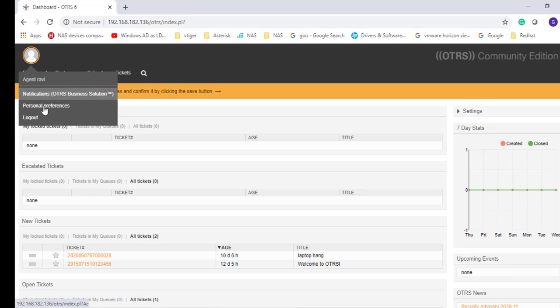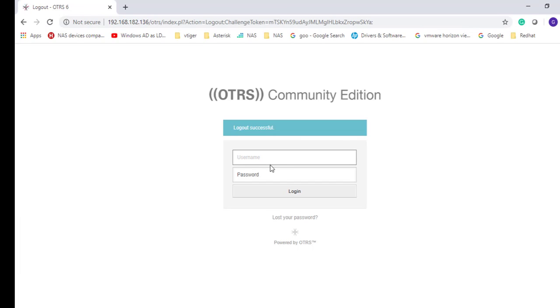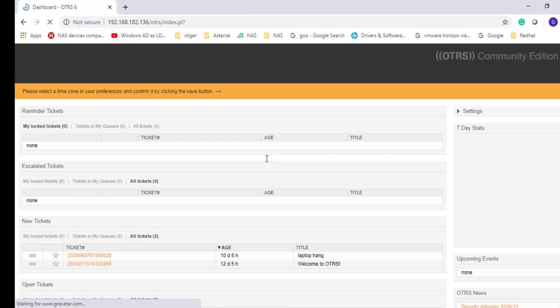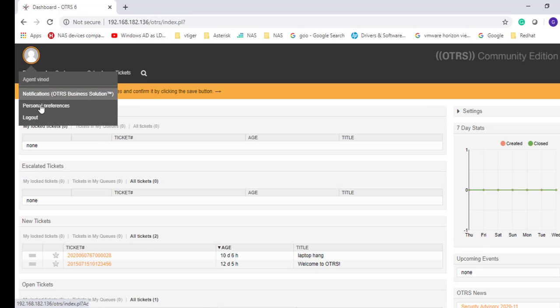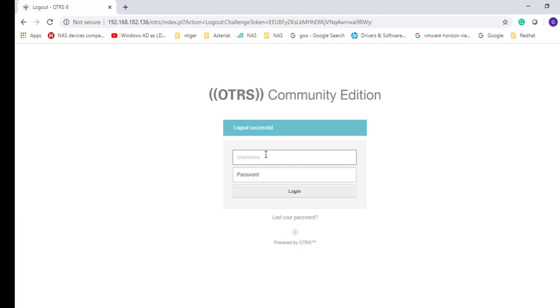Let's log out and log in with the agent.vinod. Great, we are logged in with the agent. Let's log out and log in with the admin to check whether permission is provided or not.